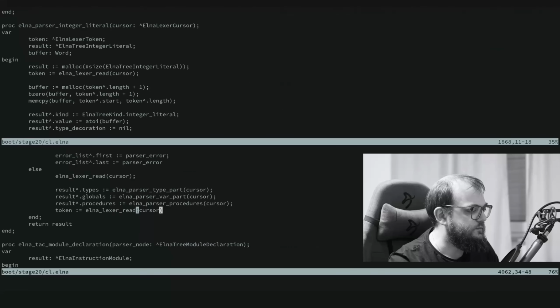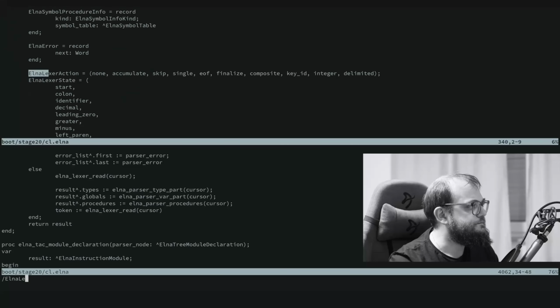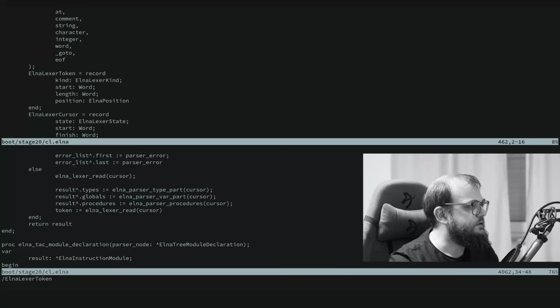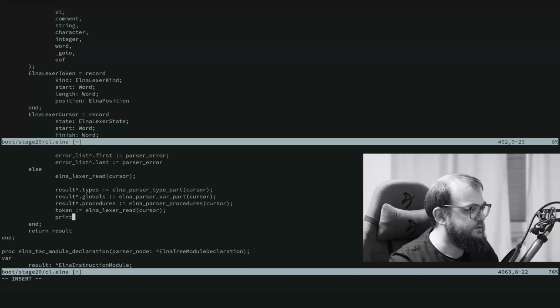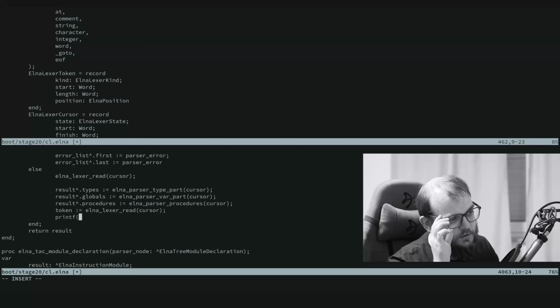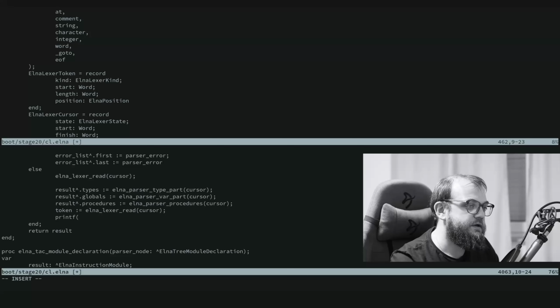Okay, I cancel the compilation. It seems to work more or less. So Elna token is a record, and the first field is the kind of the token. And let us just print. The compiler outputs the generated assembly just to this out. So everything that we output goes to the assembly file that is generated, and for debugging we can just print